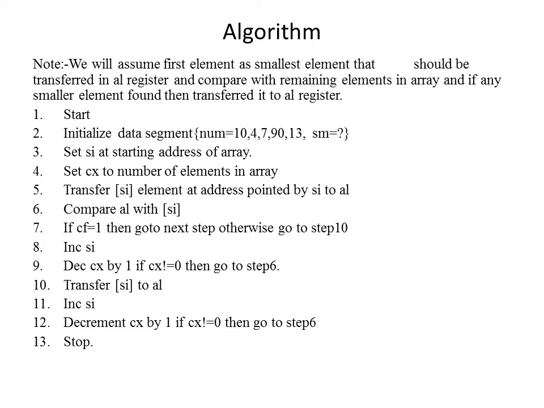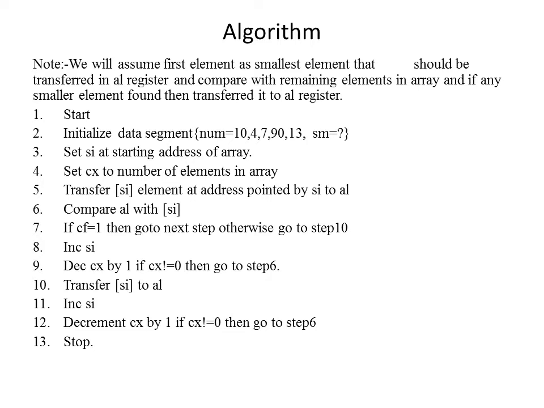Okay, and the third status is if destination is greater than source, no flag will get affected. Either zero flag, carry flag, sign flag, no flag, either of them will not get set. The carry flag and sign flag will get set when destination is less than source. Zero flag will be set if destination is equal to the source.